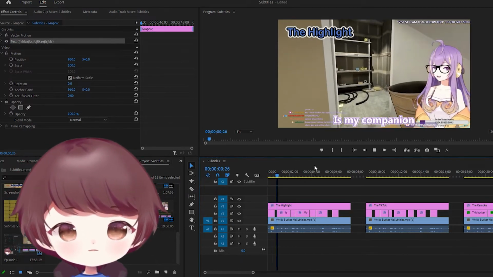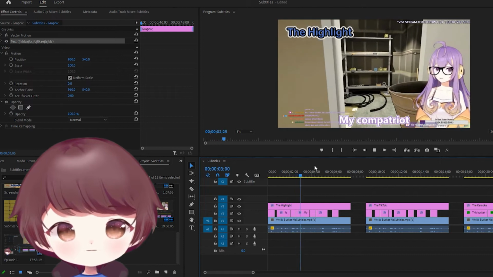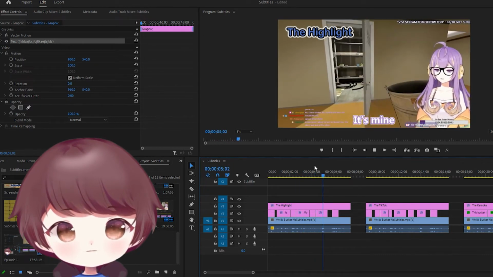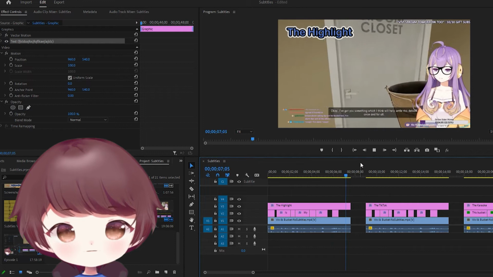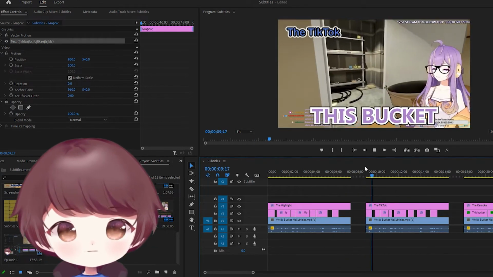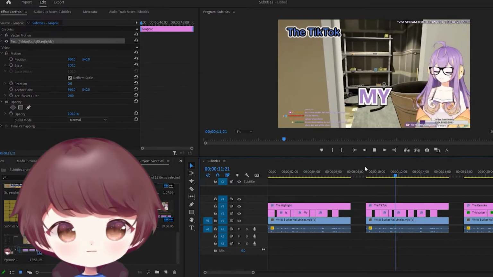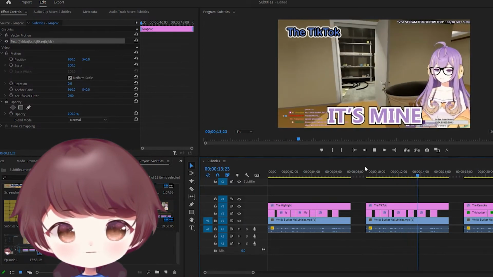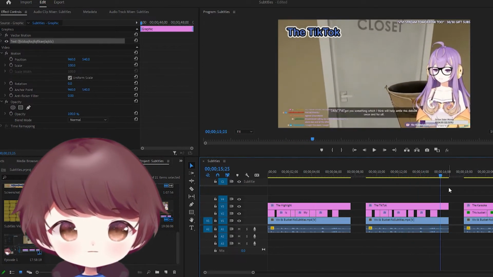This bucket is my companion, my compatriot, and it's mine. My bucket. I've got you something. The TikTok. This bucket is my companion, my compatriot, and it's mine. My bucket. I've got